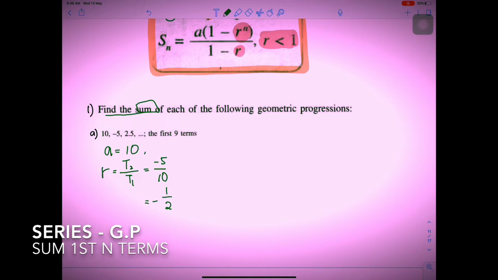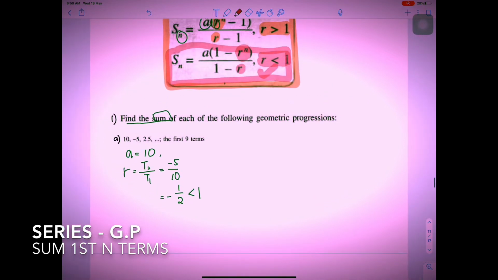Negative 1 over 2 is less than 1, so we are going to use the second formula, for r less than 1. The value of n is the first 9 terms, that means n equals 9, therefore S9 equals